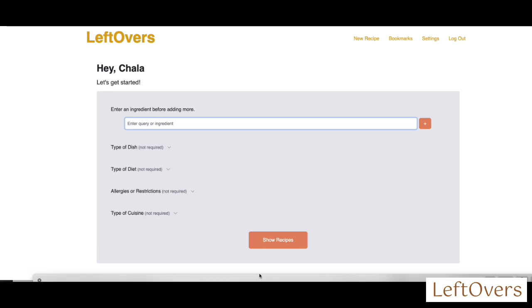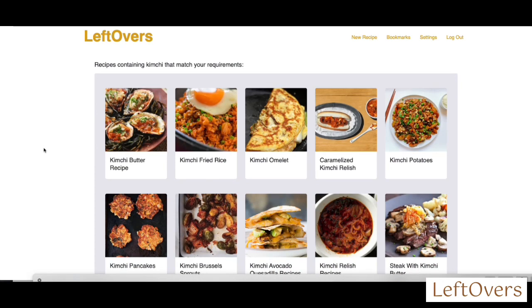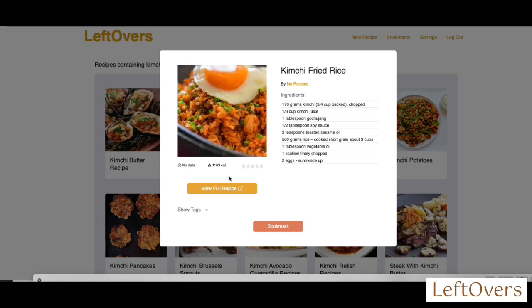So I'm thinking about maybe eating Korean food. So I'm going to type up kimchi. Okay, now we're gonna show recipes, and then let's go with the kimchi fried rice. Okay, so for my part with the rating reviews, I had to do the stars from 1 to 5, and so